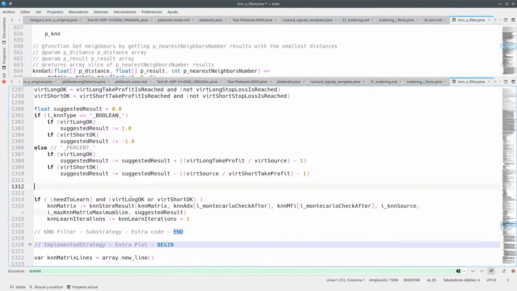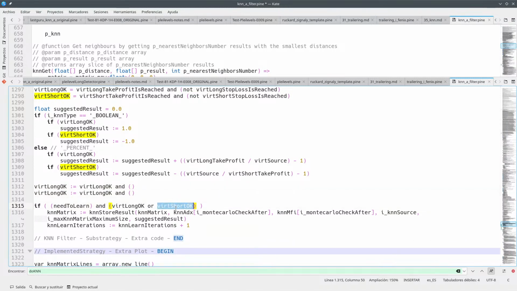So this is going to be bit long OK, whatever we had before, and something else. The same thing we're going to do with short OK, and this is what we're going to have as extra. So what we are going to have is just the result absolute value, because that way I don't have to work with. It's going to be greater than,